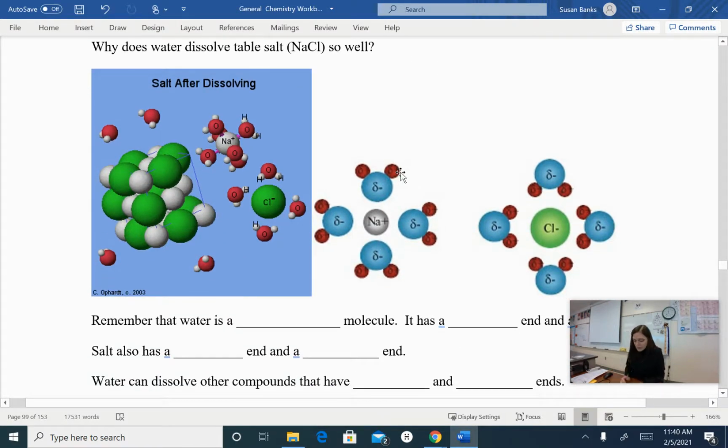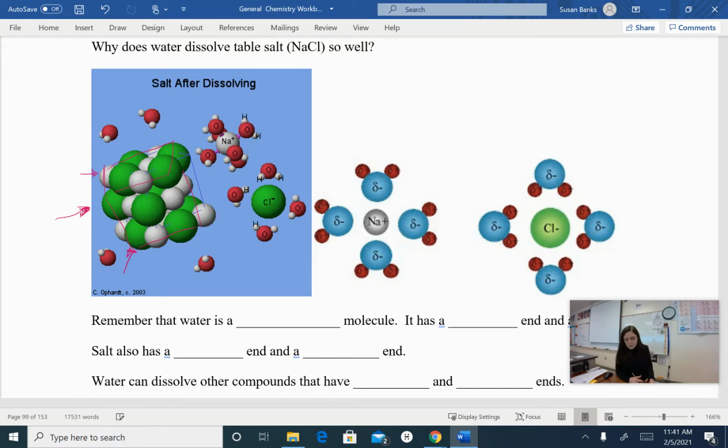So here is our model of table salt. And we've seen table salt. Hopefully you paid attention when you sprinkle it out on your hand or on your food. You'll see these perfect little cubes. And these perfect little cubes are this crystalline structure. Do you see that perfect little cube there that I just drew in? It's the crystalline structure of the sodium ions, which are these little gray ones, and the chloride ions, which are